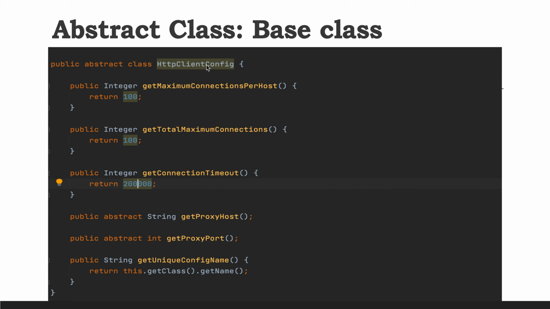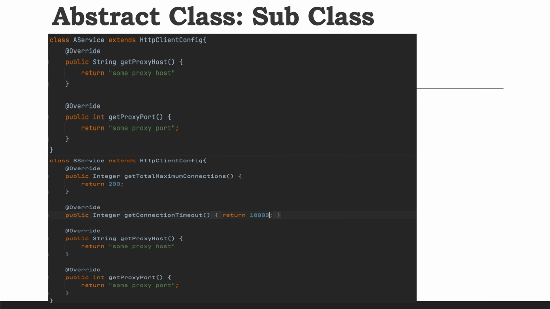If you create the object and try to call the abstract method, it will not give any output, right? And it might throw an error that there is no implementation. Because of this, Java does not allow creating an instance of the abstract class. So it is the responsibility of the subclass extending this abstract class to provide the implementation of all the abstract methods and to create the instance of the subclass, and then using this instance we can call that method, right?